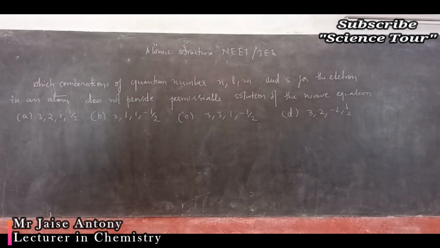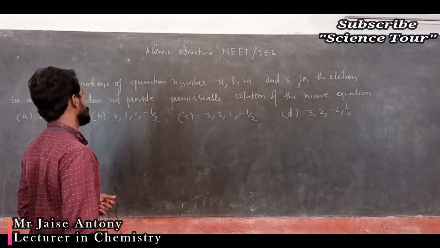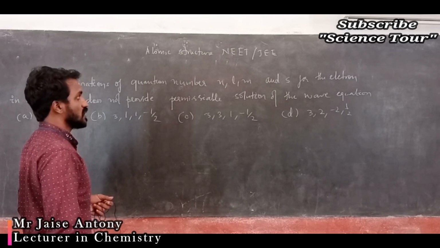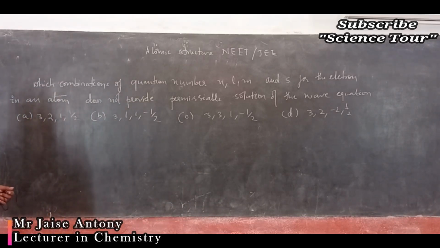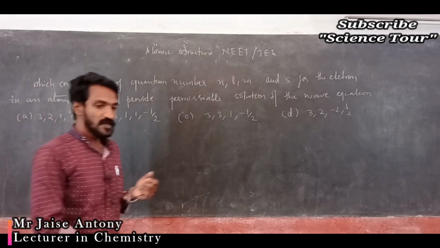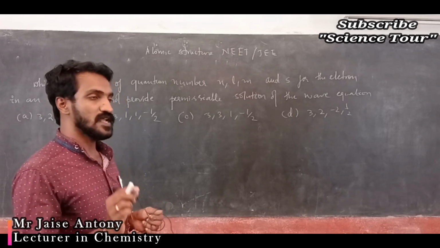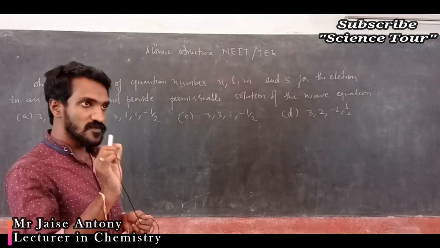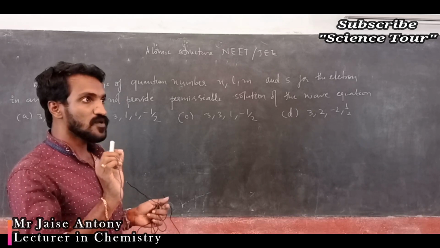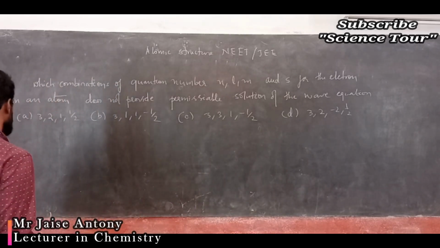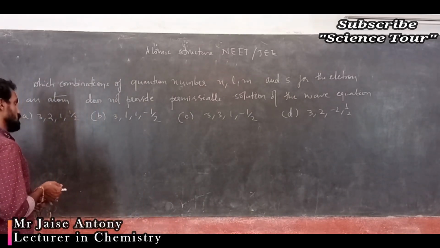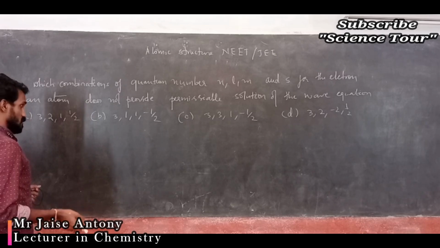My dear students, next question. Which combination of quantum numbers n, l, m and s for an electron in an atom does not provide a permissible solution of the wave equation? That means all 4 quantum numbers should be permissible. That means for one electron you consider, the 4 quantum numbers should be possible. For this one you have to check, my dear students, one by one. The very simple way is: